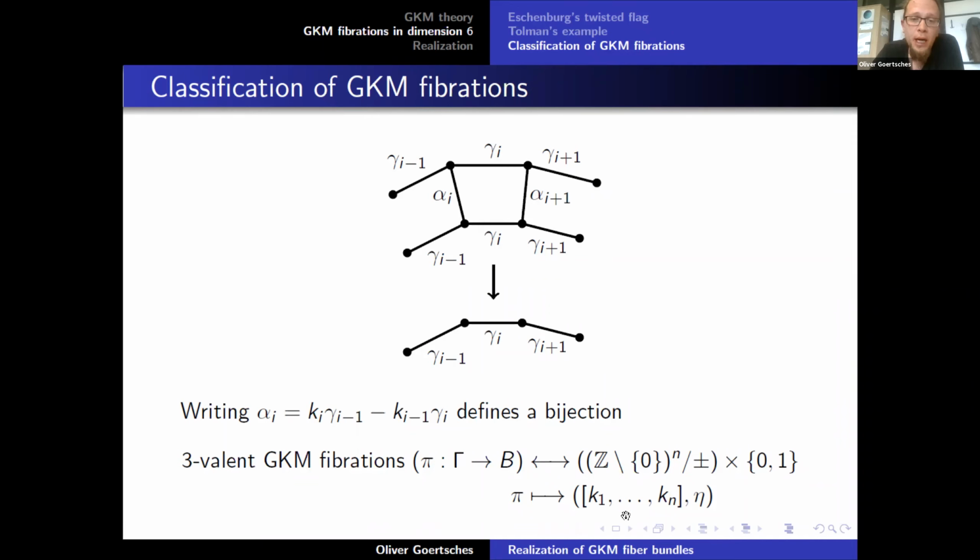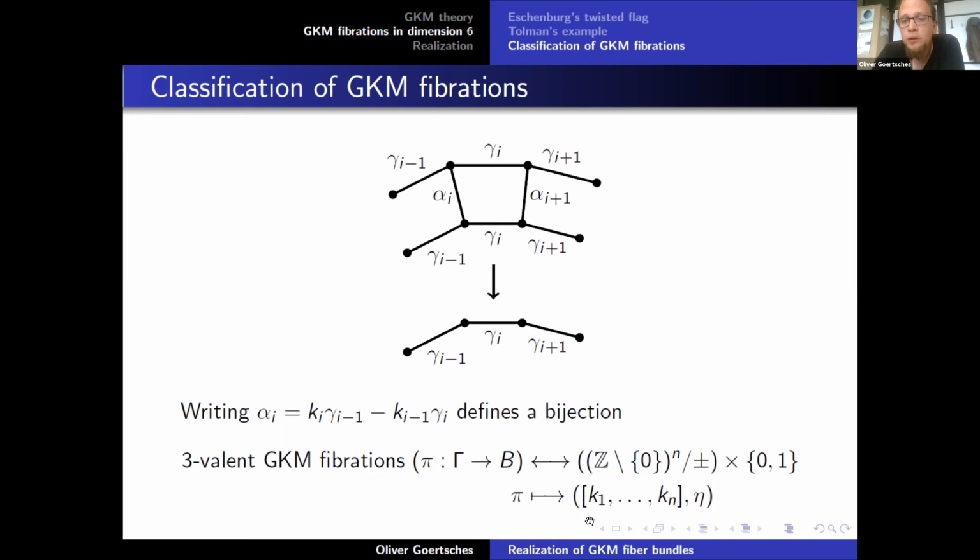Right, so every such k_i appears now twice in such an equation, right? So for exactly 2 of these alpha_i. I'm leaving out the subtleties here because one has to be careful in the end whether this thing is twisted or not, and how these equations here glue together at the boundary. But yeah, essentially this is it, right? So what I'm sweeping under the rug is how k_0 and k_n behave with respect to each other. Maybe there's a sign change, but that's not so important here.